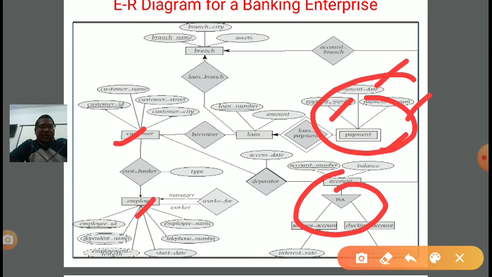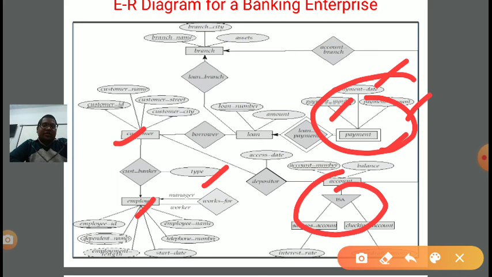Customer can be a banker also, and customer banker has the attribute type. Which type of customer is there? It is an employee or a normal customer. Employee ID, and there can be a department name, multi-valued. One employee can be a part of more than one department. It means department name is multi-valued. Employee employment length means it is derived. Start date, telephone number, employee name are all attributes.